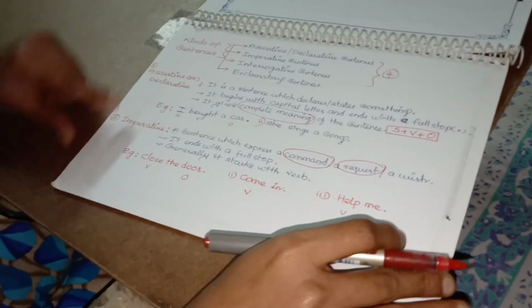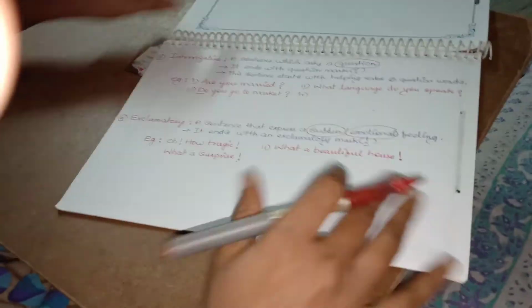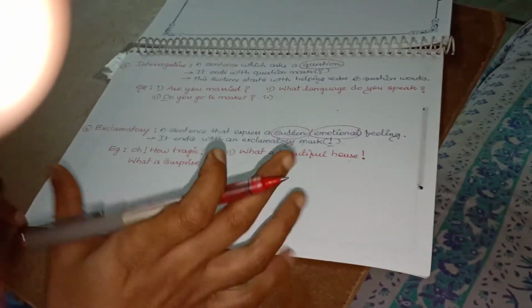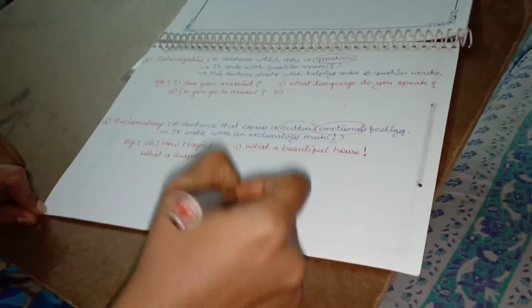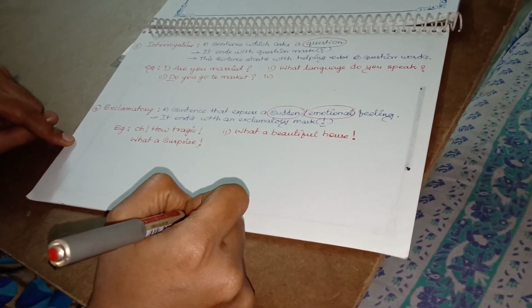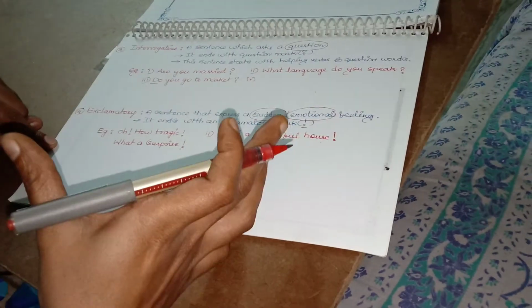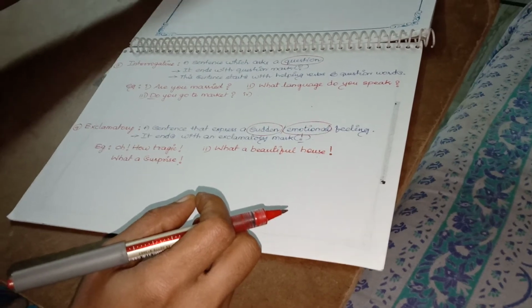Now, what you do after following this video, you try to write more examples on this sentences concept. Otherwise you take a book and read a paragraph and try to identify the sentence type. Is it declarative or imperative or interrogative or exclamatory? By doing this exercise, you come to know so many things, like what different sentences are available in English. Thank you guys.